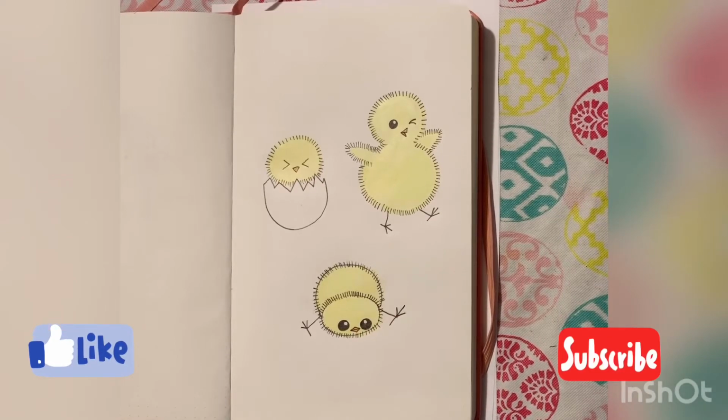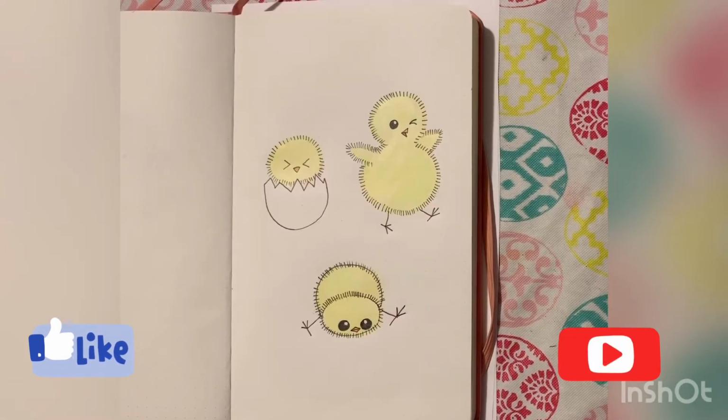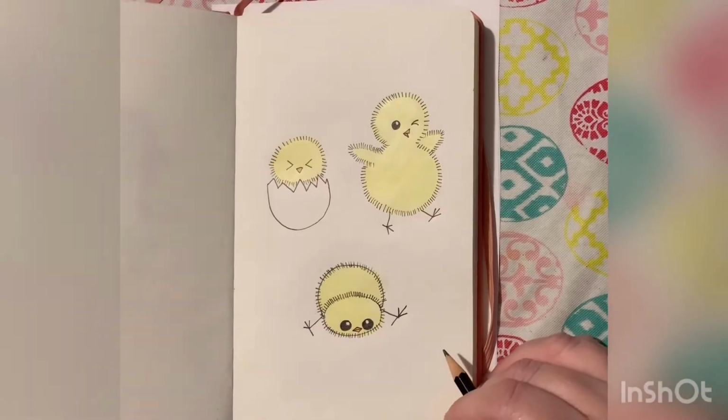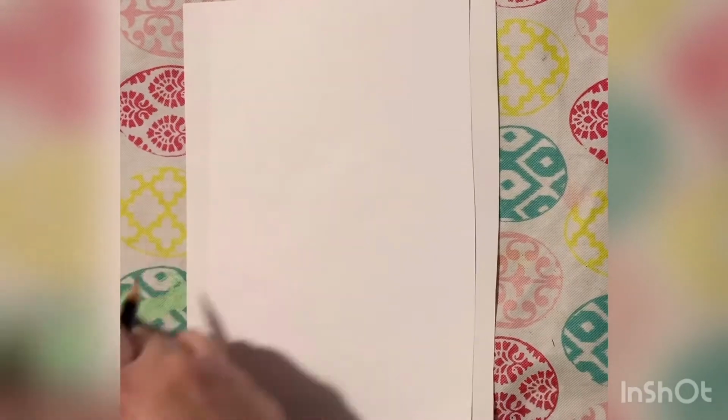Hey guys, welcome back. Today I thought since Easter is this weekend, I would show you another Easter related drawing. So here we've got three really cute little chicks and they're really quite easy to draw. So if you'd like to draw this, go ahead and grab a pencil, a piece of paper, and we'll get